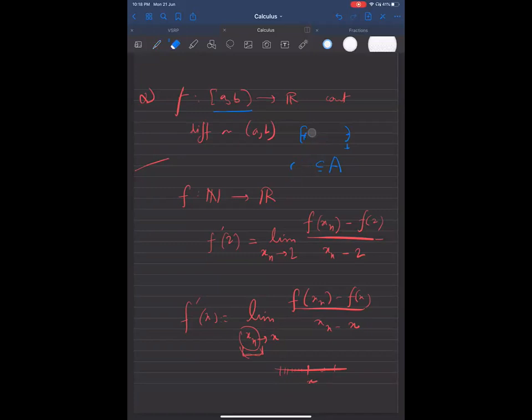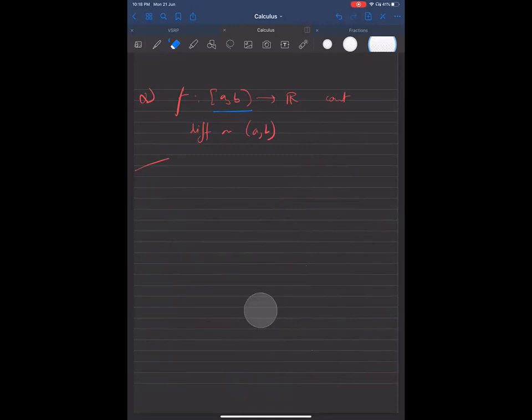Now you can of course define the derivative at boundary points by taking it to be the left-hand derivative or the right-hand derivative. Many books follow that convention, but that is not the right thing to do given the definition of derivative. Anyway,